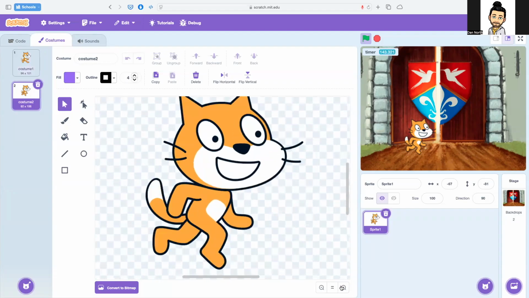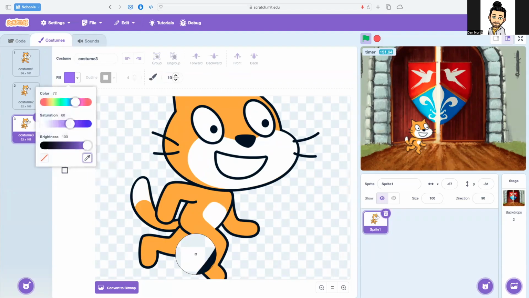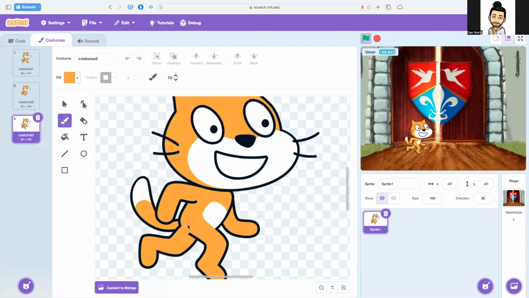Maybe if I'm quick here, I can edit this costume a little bit. I'm gonna get a paintbrush. I'm gonna copy here, and I'm gonna draw a little line by here. There we go. I'm going to take away the gap between Scratch's legs